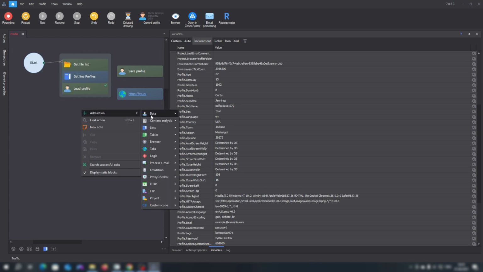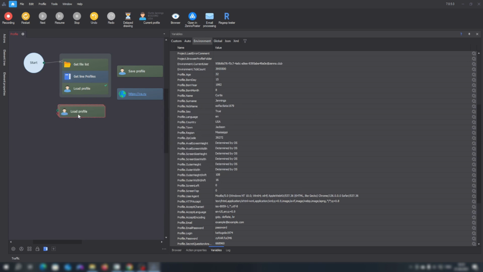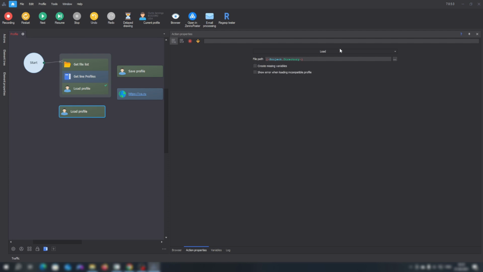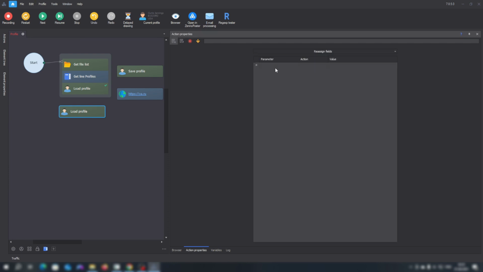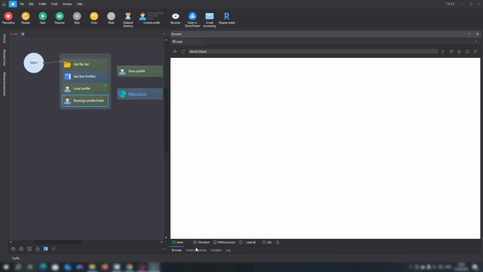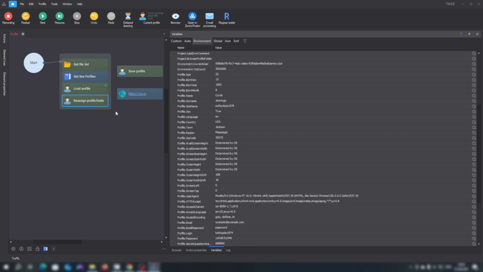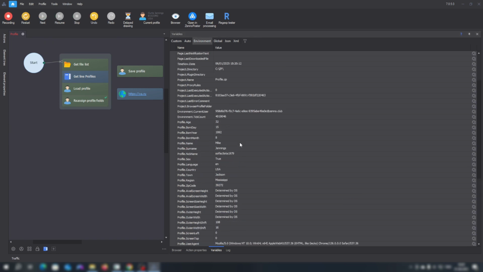To do this, we go to Data, Profile Management, and here we select the action not Load, but Reassign Fields. Here, you choose the variable you want to change. Let's change the name. Select the Assign action and change it to Mike. We select this action and observe. We can see that the name has changed to Mike.